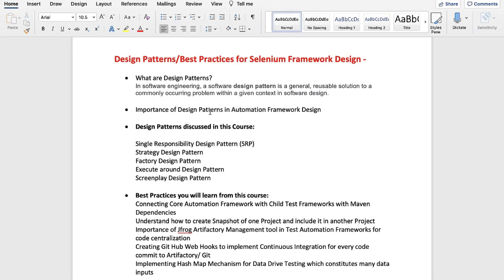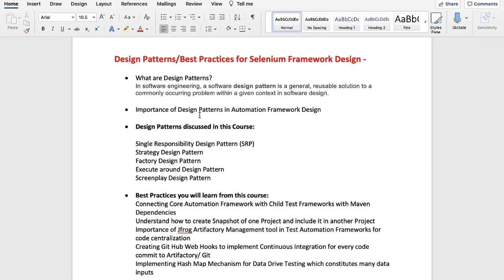If you can bring this kind of innovation in your company, that will really give you an edge for your performance. And it's not just for your personal purpose, but overall your framework design will be very strong and robust if you use proper design patterns.